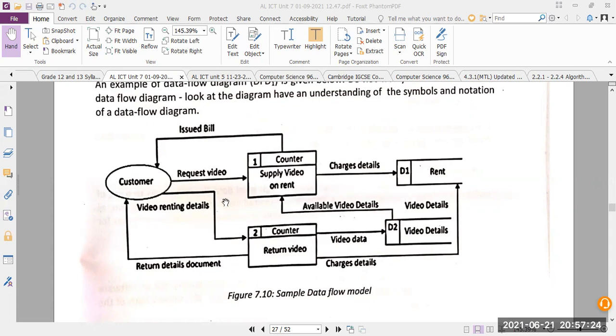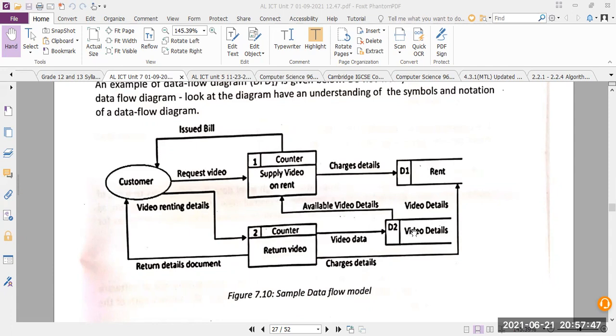So video renting details, the rental, and this one should come down. Both are counters, so no problem. Same thing. Return video counter and supply video counter, and they are going to check whether the details are available, whether the charges are right. Everything is checked here.